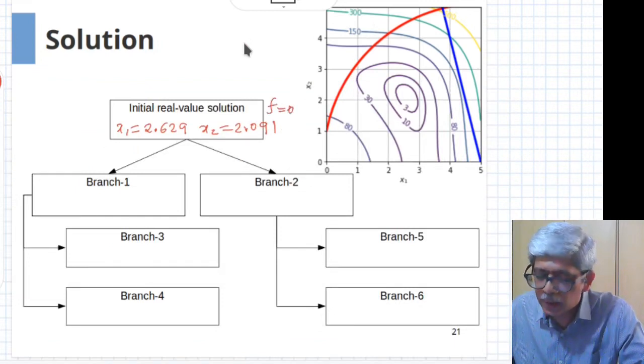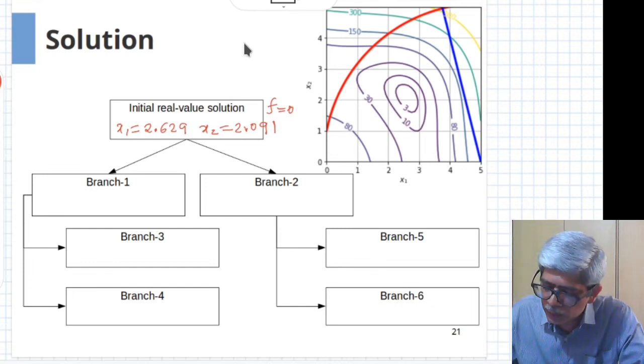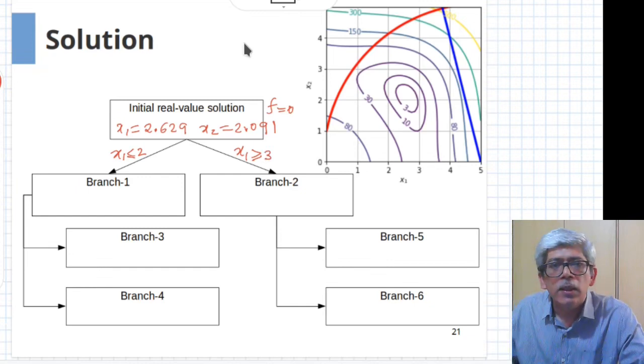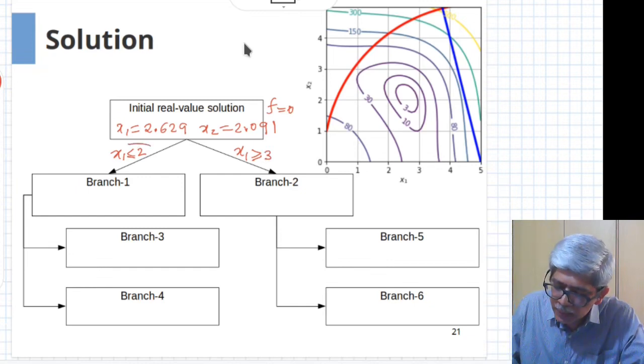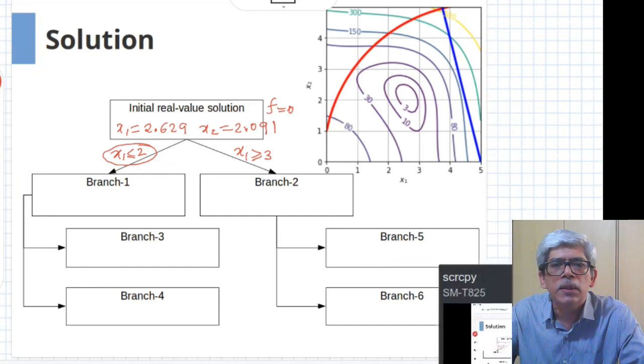However, this being a non-integer solution, it doesn't help us to note this number. So our first branch is x1 less than or equal to 2, and the second branch is x1 greater than or equal to 3. Let's add the constraint x1 less than or equal to 2 to our original problem and find out what the solution is in that case.